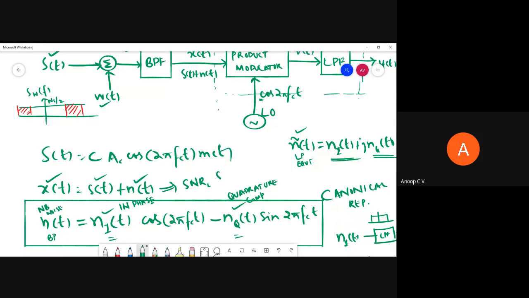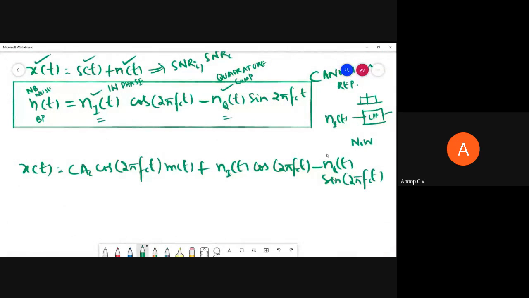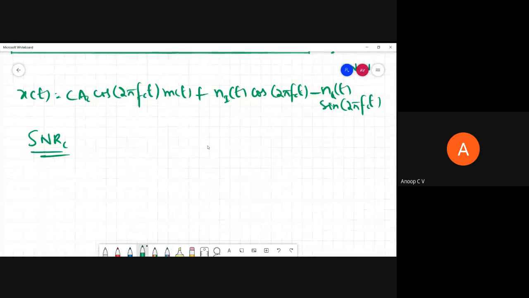SNRI or SNRC, the input signal to noise ratio. We can also call it the channel signal to noise ratio. So how to find that? SNRC is nothing but the channel signal to noise ratio. That's what we are going to find now. Channel signal to noise ratio is equal to